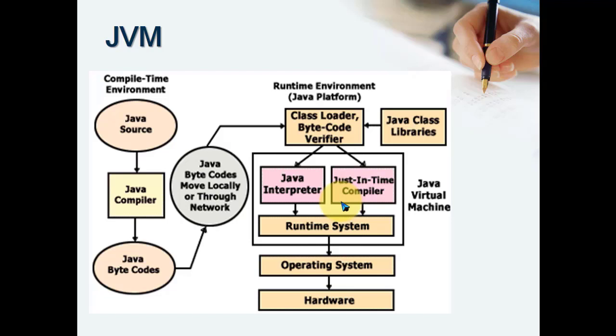Okay, so this is straightforward. Now here we have the Java class libraries. What is this? Suppose in your application you need ready-made APIs given by the Java language, that is, ready-made classes and interfaces. Those libraries are loaded here by the class loader. At the time of compilation only references are kept, and at the time of execution these are linked. So a linker is also available. In this diagram the linker is not shown, but the linker is definitely available. Class loading and linking is basically a combined process, and once linked, it is loaded into memory.